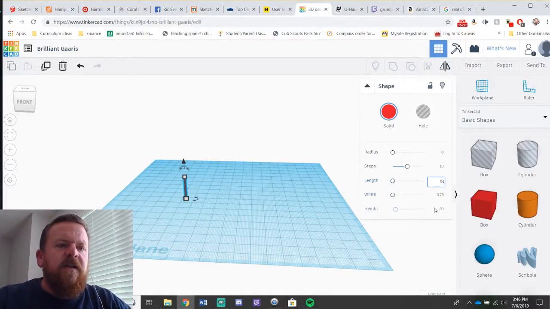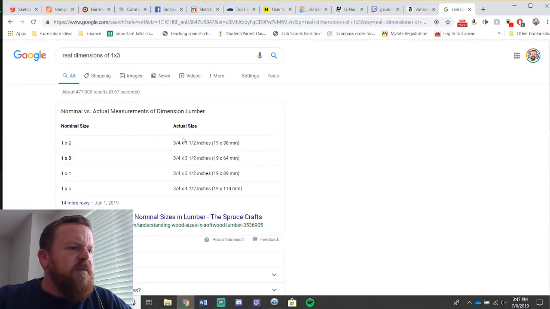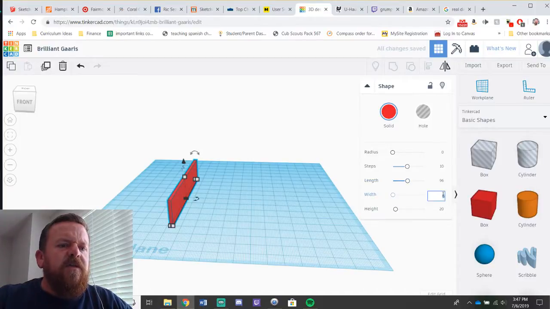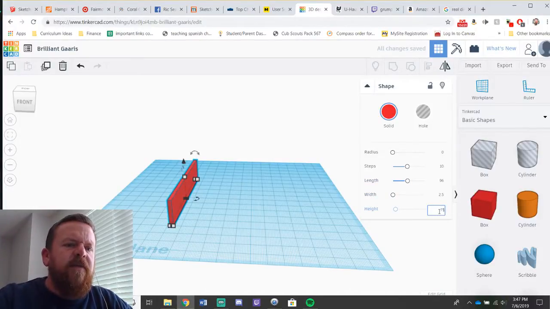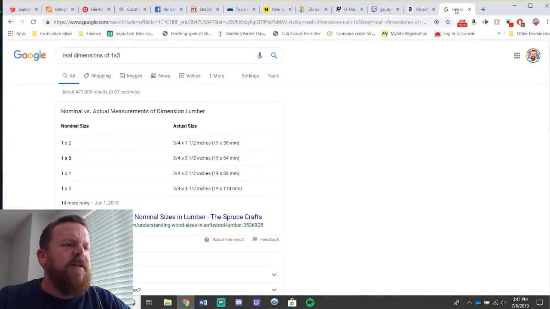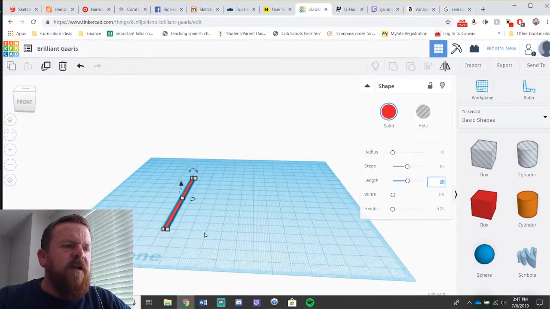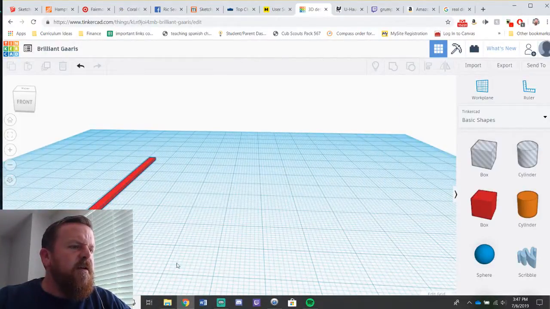And then the height would be 0.75, and the width 2.5. And then 96 inches. Yeah. Okay. So there's one 8-foot board.